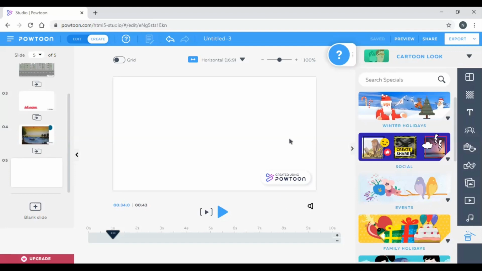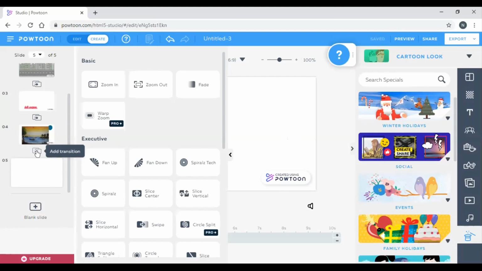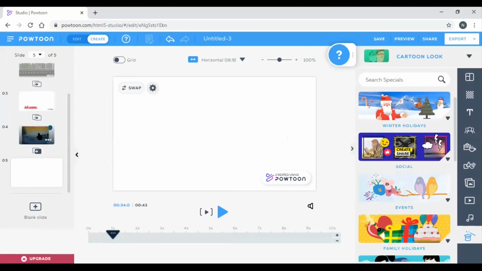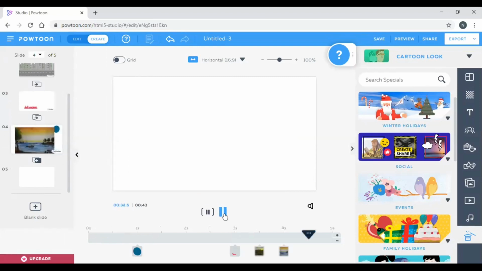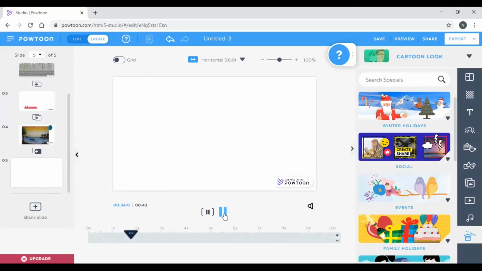So these are all features that are available in Powtoon, using them you can create so many videos. You can try all these features once. Here in between these blank slides, you can see the two squares. These are basically transitions, that is how you want your slides to change. Like if I go for one zoom out, after this slide, it will just zoom out. Since this is plain, it might not be clearly visible. I will show you one.